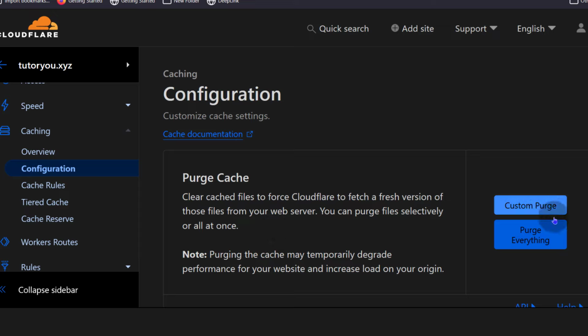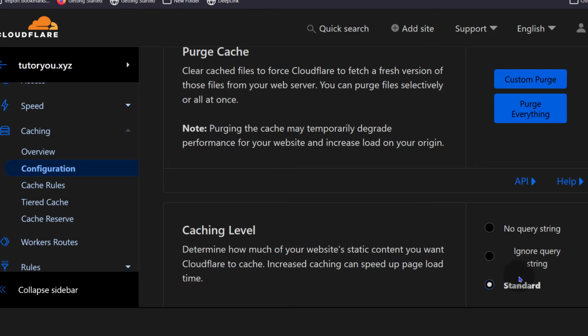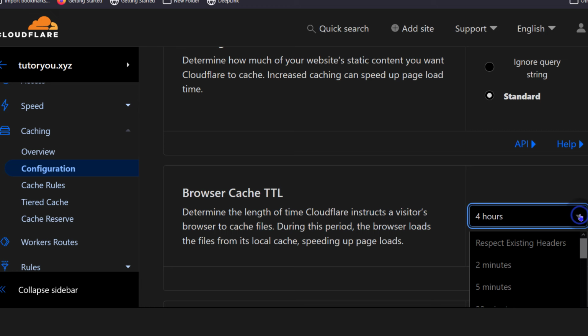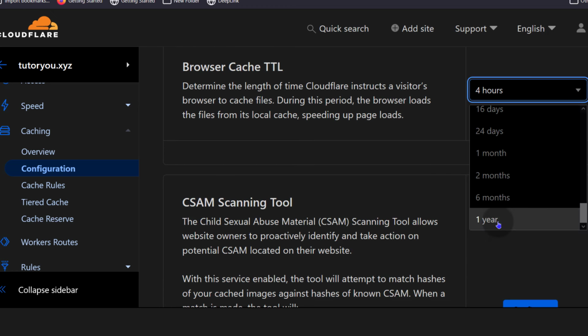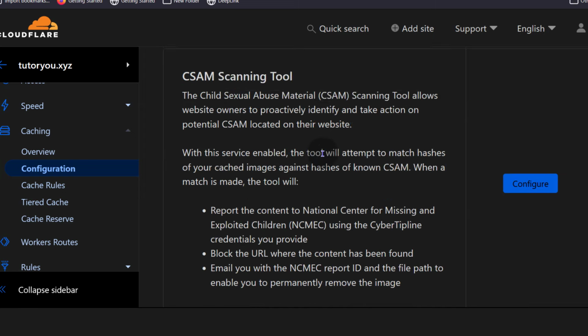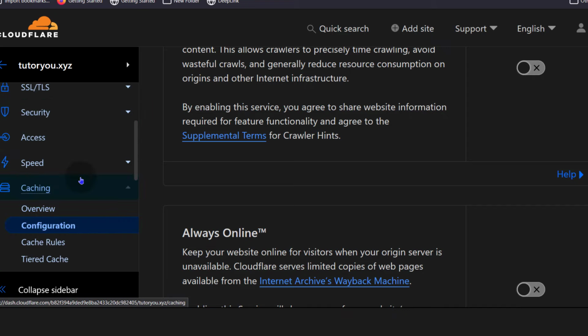So if you want to purge, you can clear the Cloudflare cache for your website right there. You can change the caching level, browser cache, time to live. You can change that, how long you want the cache to be there. If your website never changes much, you can go as far as you'd like to for the static content, that is. Just go ahead and click on these different Cloudflare links to see what you can do.